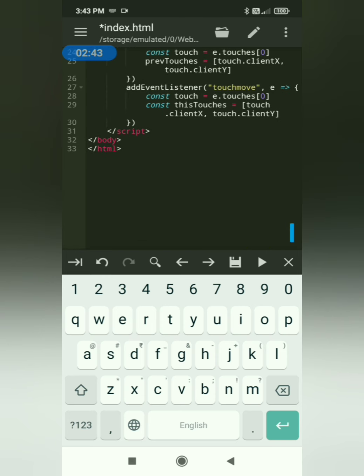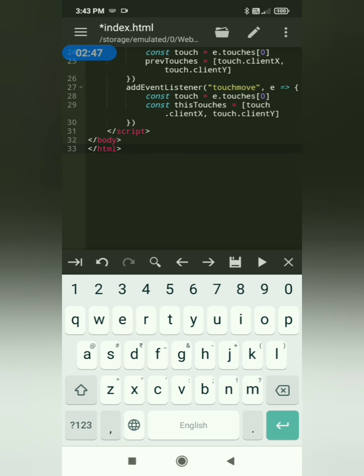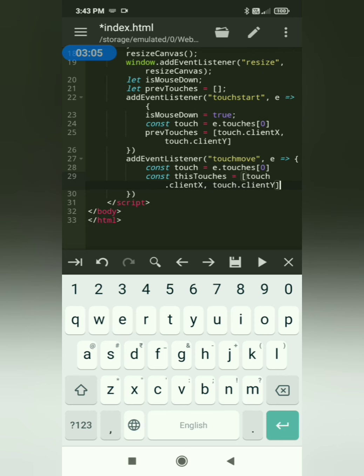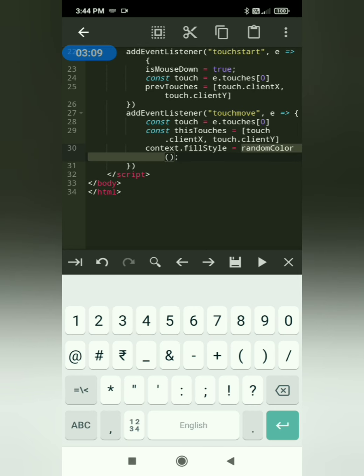So whenever the user clicks on an area and starts moving or dragging, the touchmove event will be fired. Here what we have to do is we will highlight the touch by drawing a colored rectangle on the place, and we will draw a rectangle from the prev touches to these touches. We had also declared a random color function in our previous video.